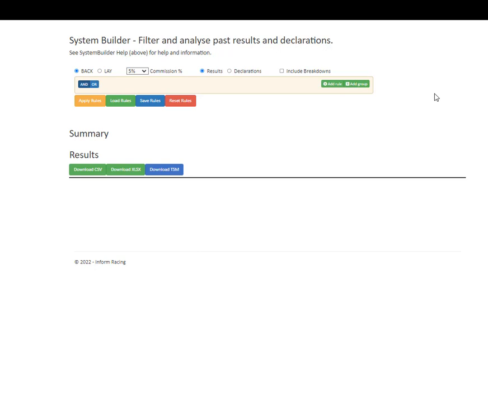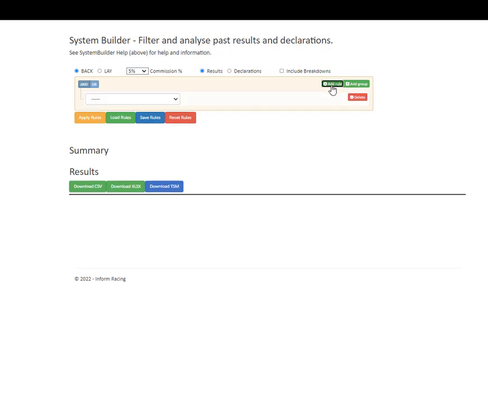This video is going to show you how to create a very simple system and also then use the results breakdown features to refine your system, to remove the parts of the system that weren't working and to keep and improve those that were. Okay, so first of all I'm going to add